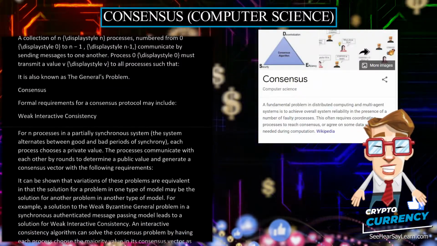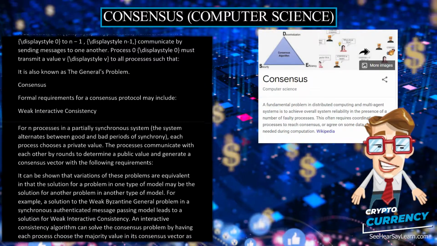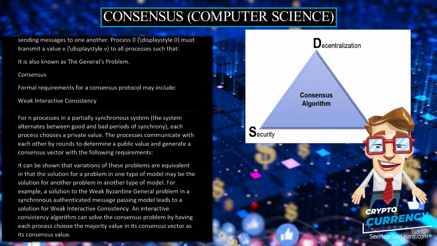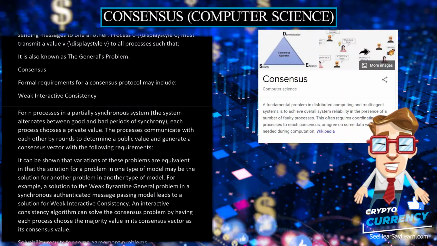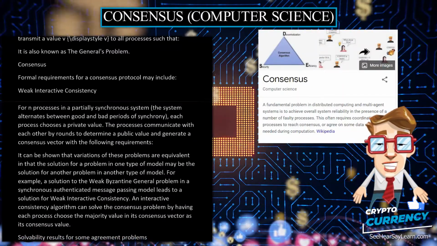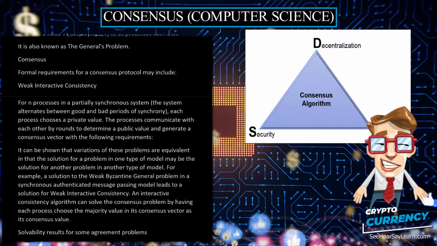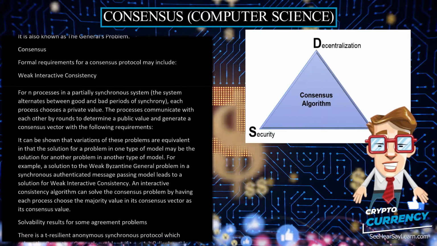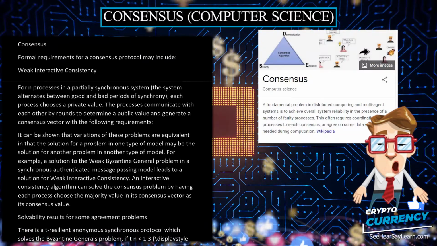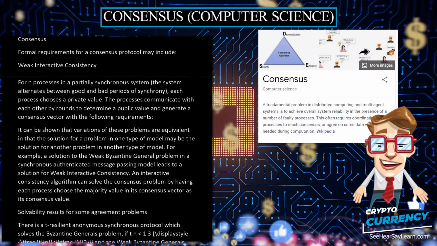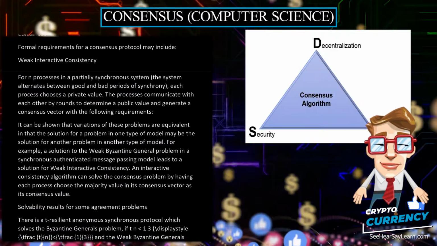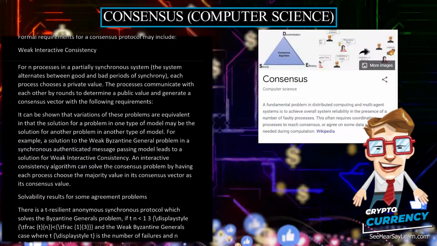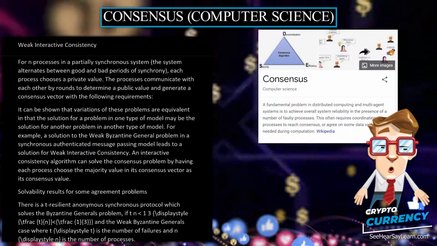An interactive consistency algorithm can solve the consensus problem by having each process choose the majority value in its consensus vector as its consensus value. Solvability results for some agreement problems. There is a T-resilient anonymous synchronous protocol which solves the Byzantine generals problem, if T, n less than 1/3, and the weak Byzantine generals case where